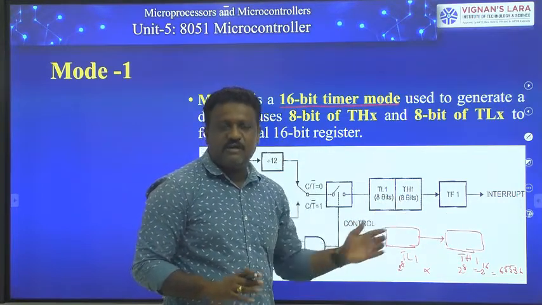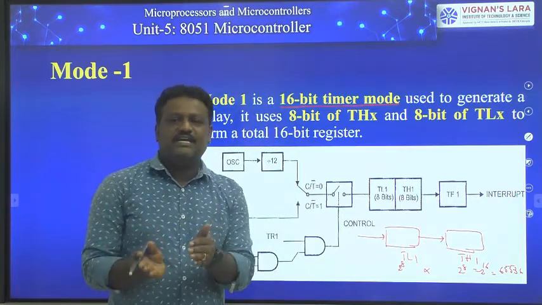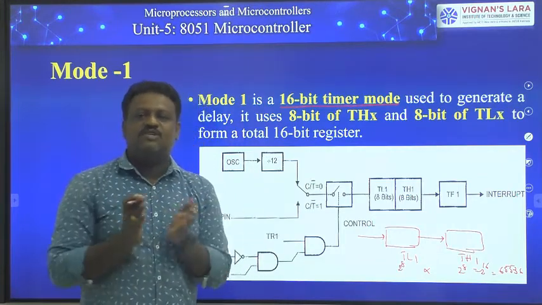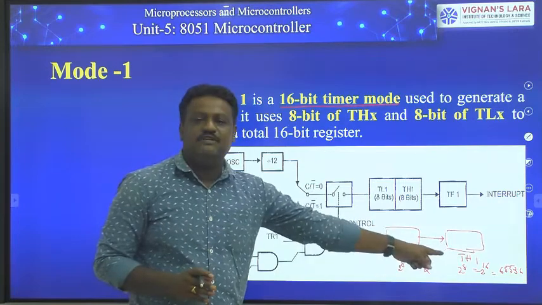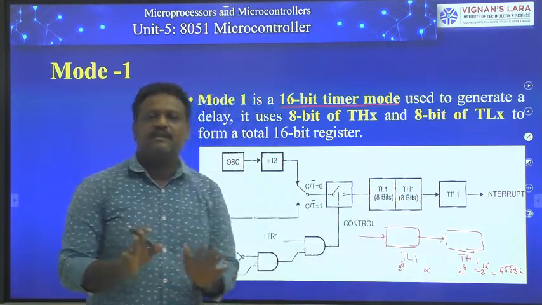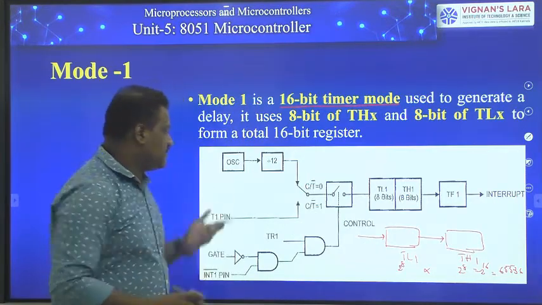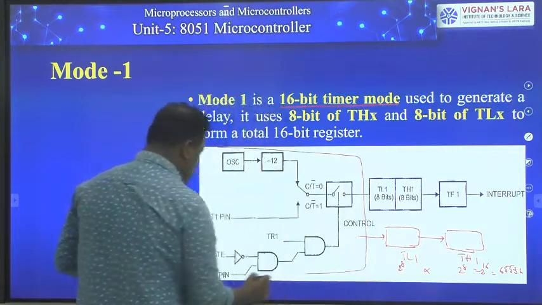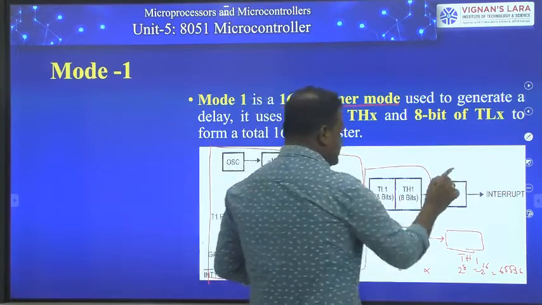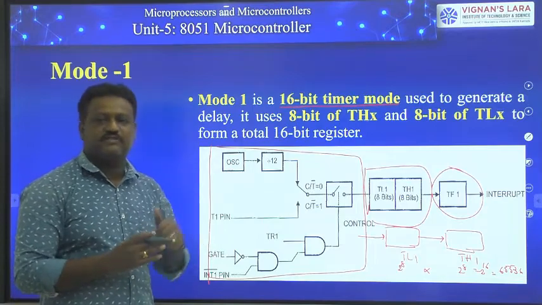Alright. So in the previous case, for every 8192 clock pulses, your timer will generate overflow condition. That happened in case of mode 0. Now coming to mode 1, for every 65,536 clock pulses, the timer will generate an overflow condition in mode 1 operation. The remaining thing is the same as the previous case. So here also, this portion is the control logic circuit, this is your timer stage, and this is your overflow flag condition. So all are the same as the previous case.